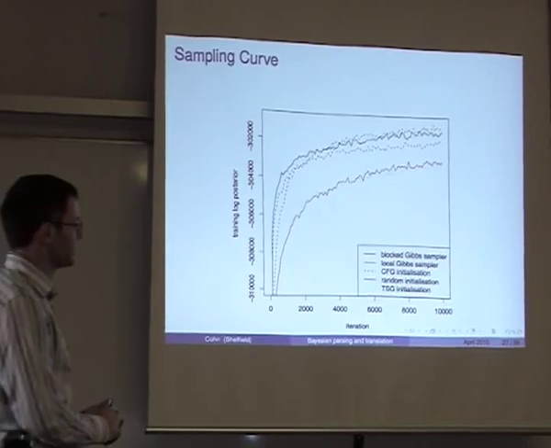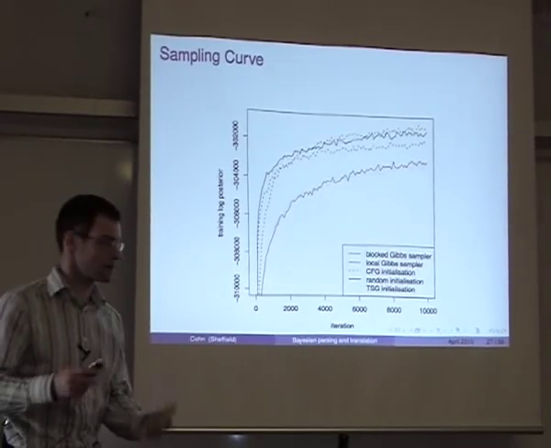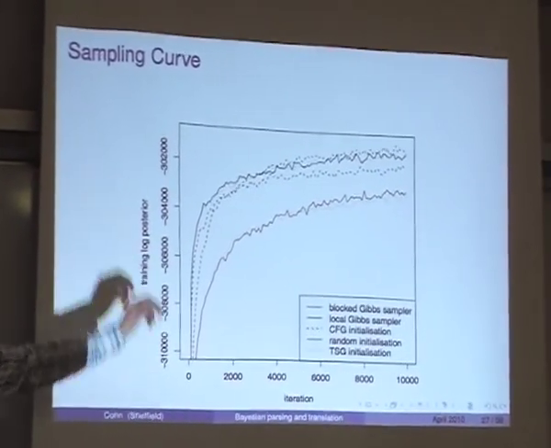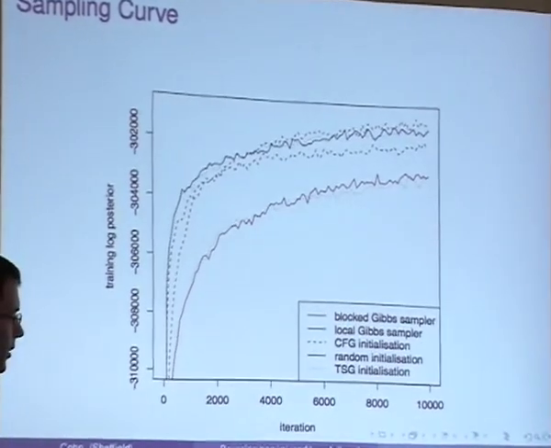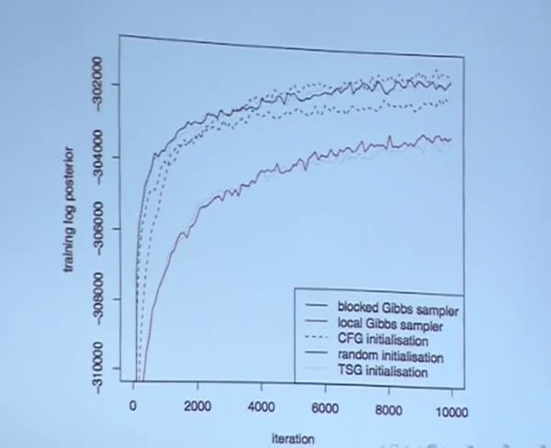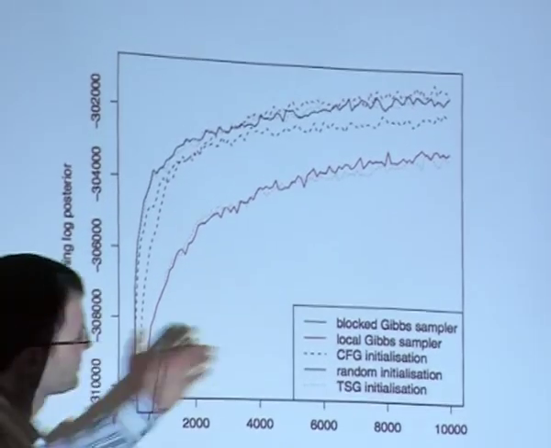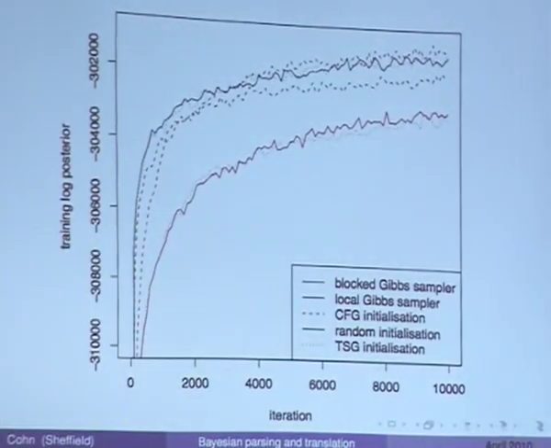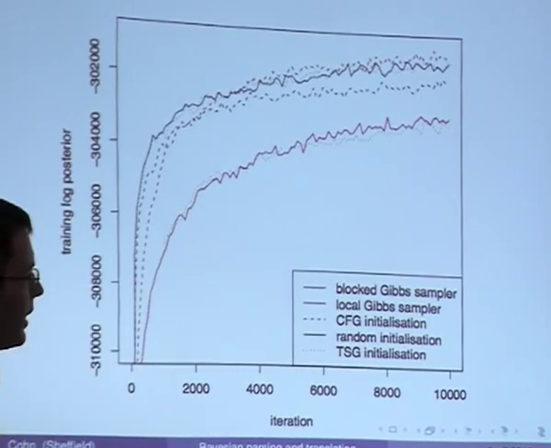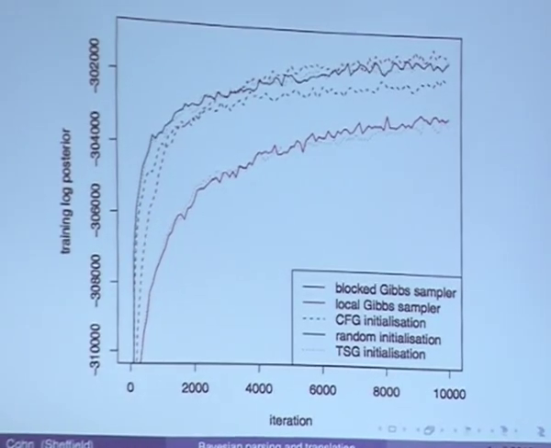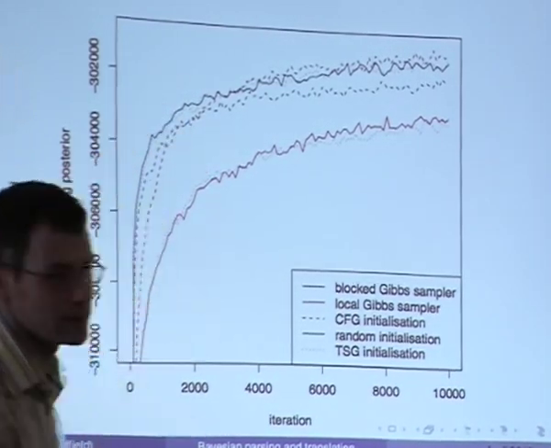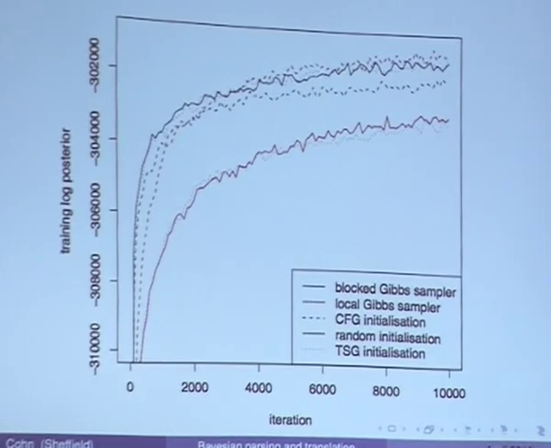So now, just to show you on our small data set, this is what happens as we're sampling. As we're sampling iterations across here, we can measure what the model thinks of the quality of the solution we've got thus far. You can see that it's increasing in a kind of logarithmic curve, and as we sample, it seems to be plateauing out. Now I won't go into details of this too much, but these bottom curves are local samplers that update one variable at a time, and these top ones update an entire tree at a time. You can see that it converges a bit faster there. There are also different initializations shown here.